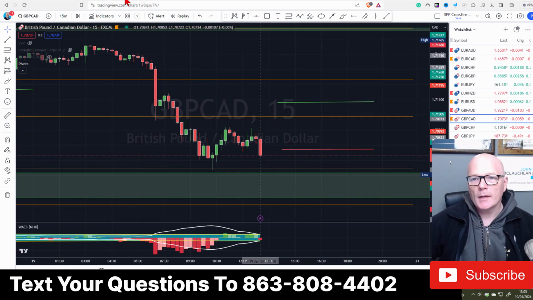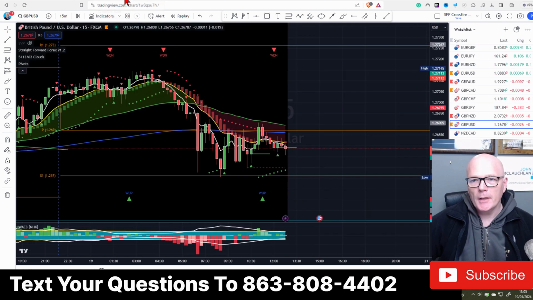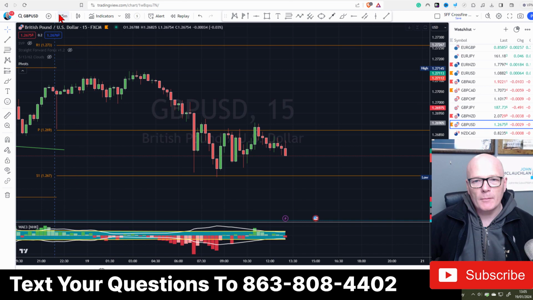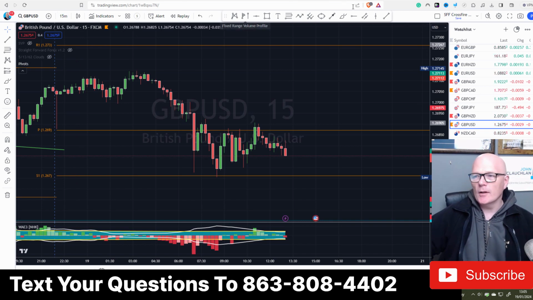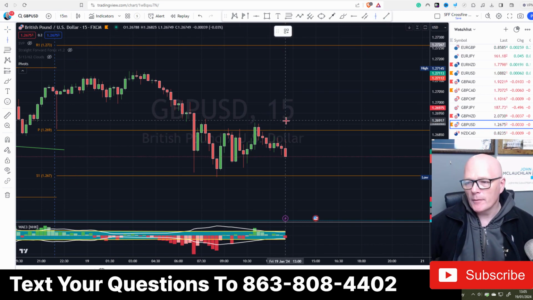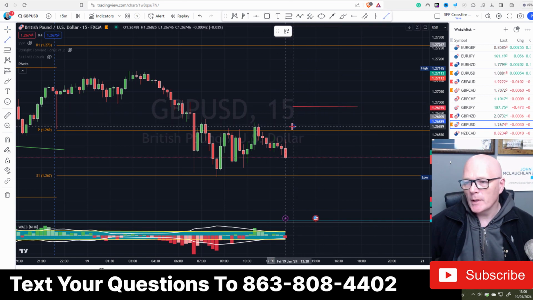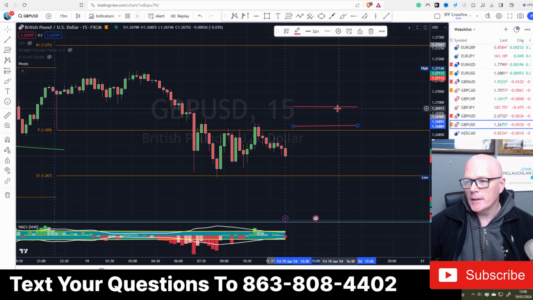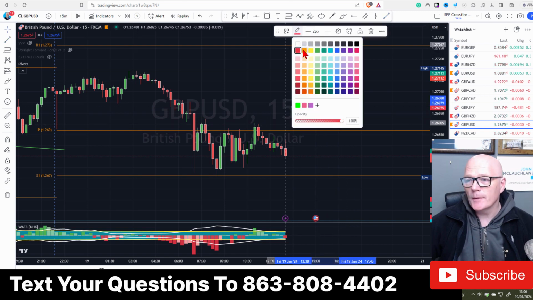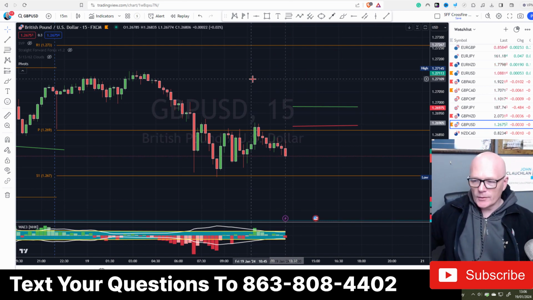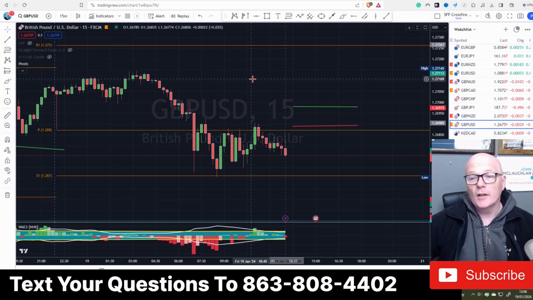So let's go back to GBP USD, and we'll take off the indicators. Again, make sure all your pairs, when you're putting these on, are on the 15-minute time frame. Any imbalance that you've got on there, make sure you put the imbalance on the 15-minute time frame, and we take our trades from the 2-minute time frame. It just gives us a slightly more zoomed in look, and also an early warning system.